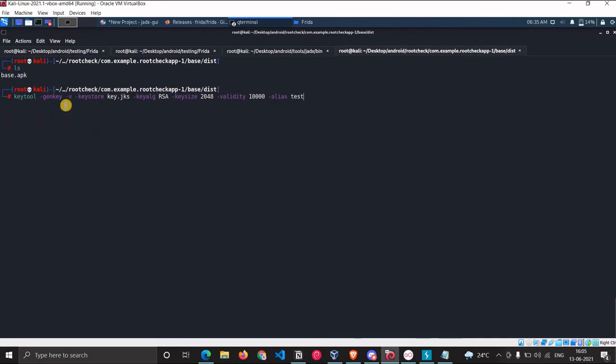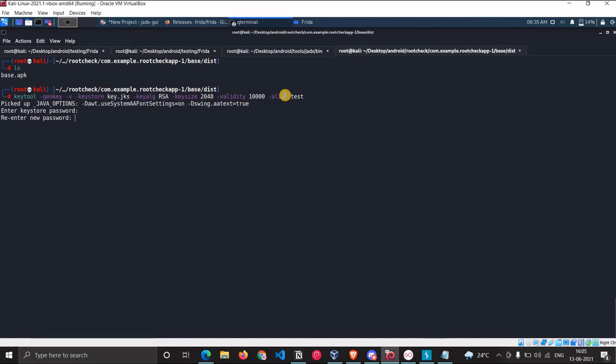I'm giving any alias, say test. With keytool, we are generating a key named key.jks. We are selecting the algorithm, the key size and the validity, and the alias you can give any name. Now it will ask for the password. Let's provide test123.